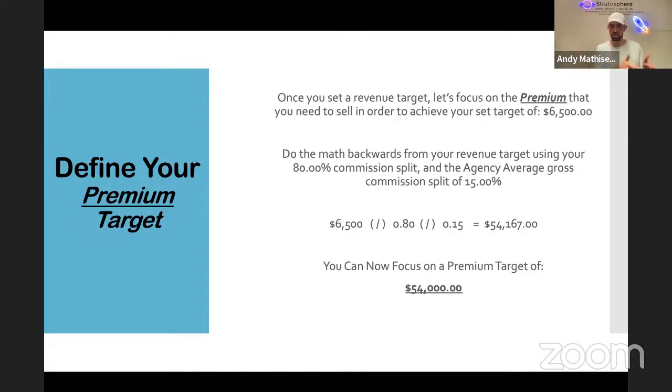So if Progressive pays this amount and Travelers pays that amount and Safeco pays that amount, what is the average between those? All right. What is the agency average for that? So you take your 6,500, which is the amount I want to make this month in new business commission. I divide it by the 80% commission split that I make as a producer. And then I divide that again by the agency average gross commission split. All right. That equates to